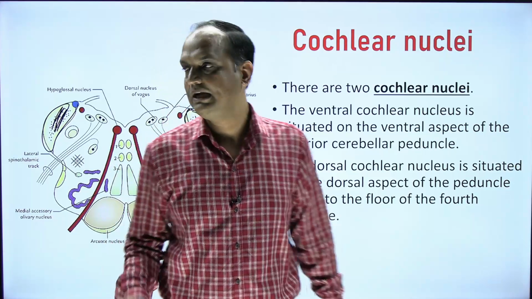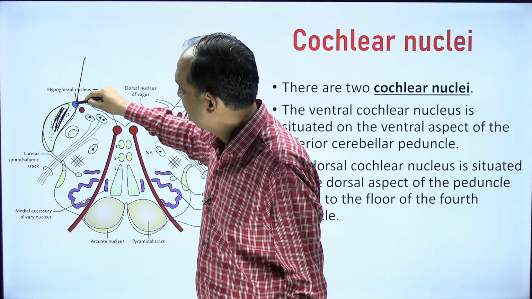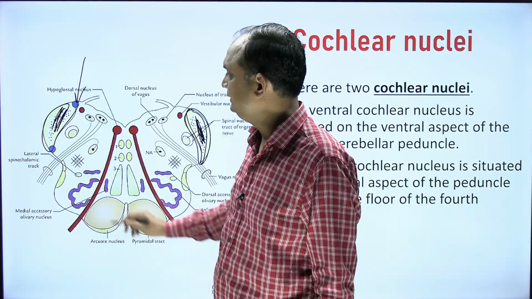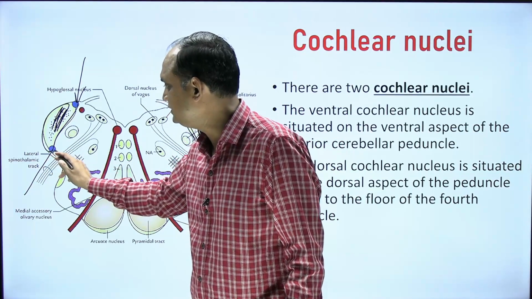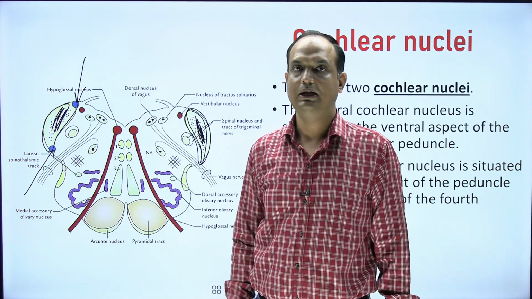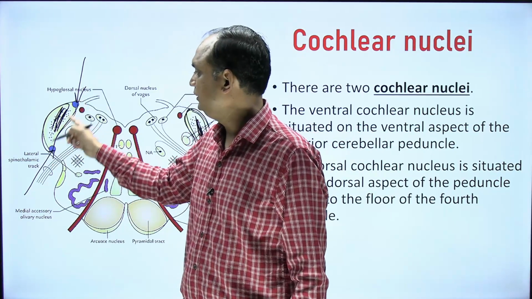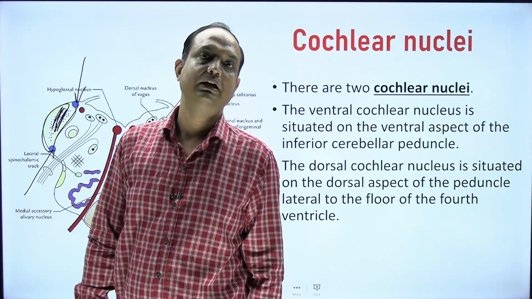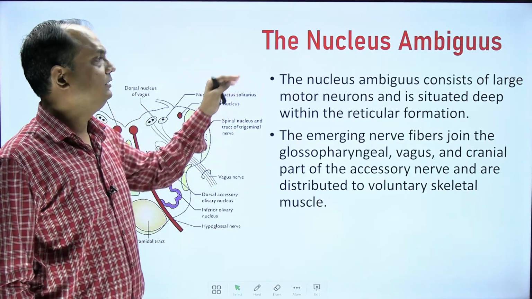Here you can see one blue dot, the superior nucleus of the cochlea, and one more blue dot which appears here is the anterior or ventral cochlear nucleus. So these are the two nuclei which are present in relation with the inferior cerebellar peduncle. Then you have the